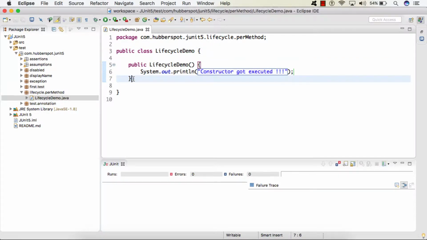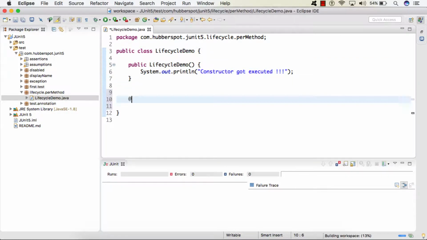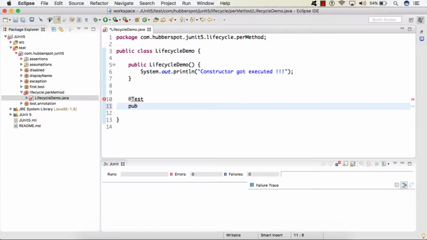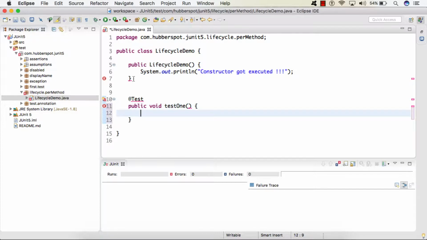So friends, after the constructor, let's say I create a few test methods. I give the name test1. I will import @Test.